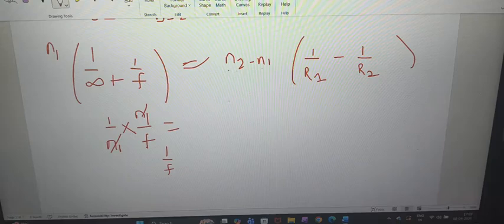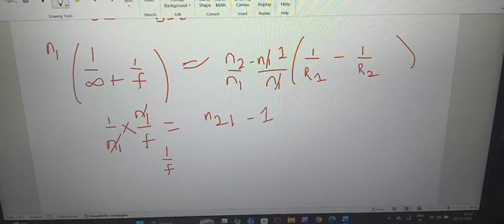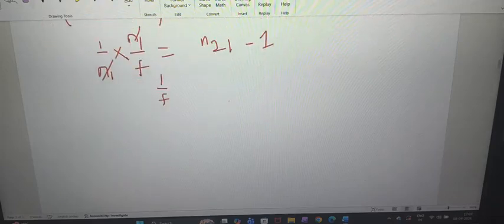I'll divide by n1, n1 gets cancelled, this will become 1. n2 by n1 can be written like this, n2 1 minus 1. So that's it. That is the formula where you're going to write the final formula as 1 by f is equal